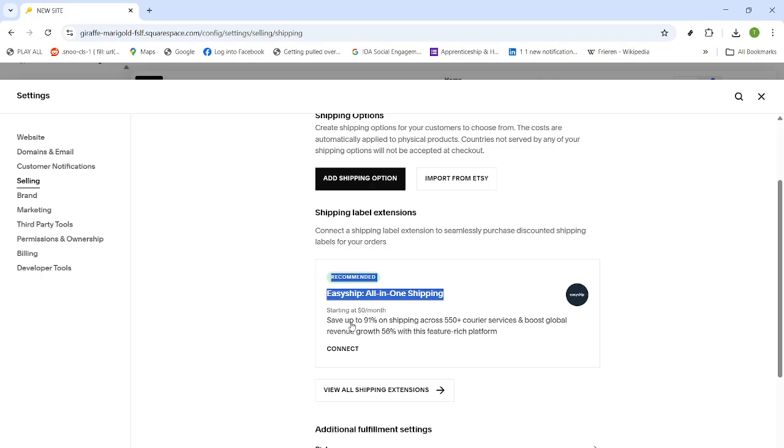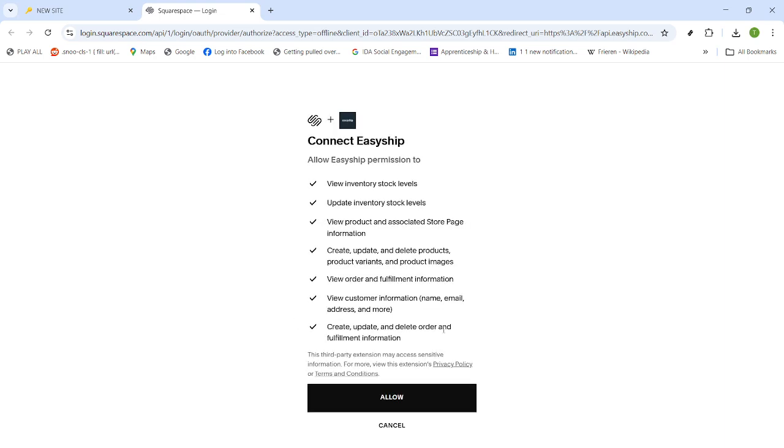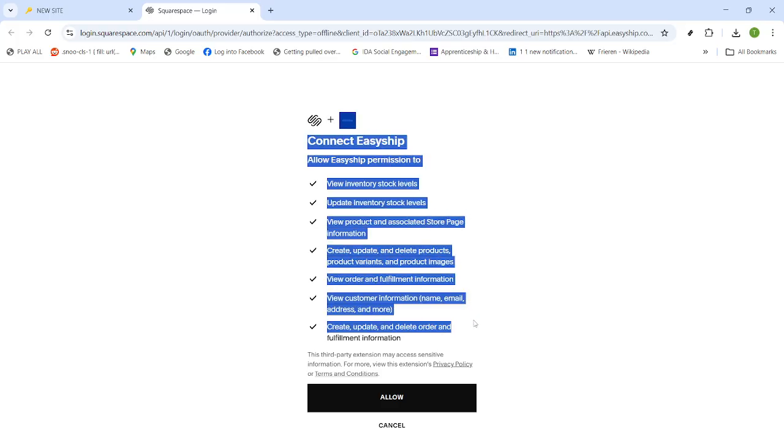To enhance this setup, look for the recommended options shown in your shipping area and follow the prompts to connect a shipping partner. Choose the recommended integration and click Connect. You'll be guided through a quick connection flow. Confirm and connect again to authorize the extension. This integration can unlock discounted carrier labels, automatic rate accuracy, and streamlined fulfillment features, which pair perfectly with your flat